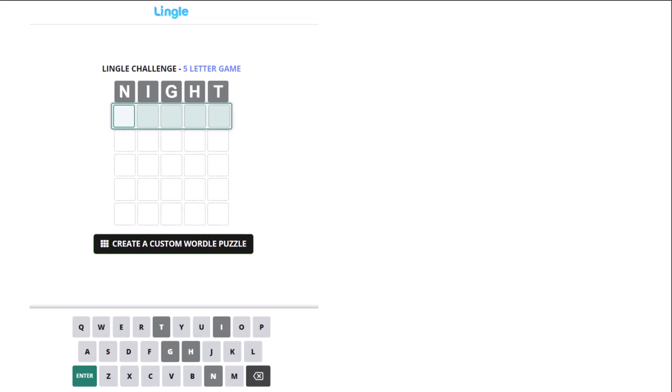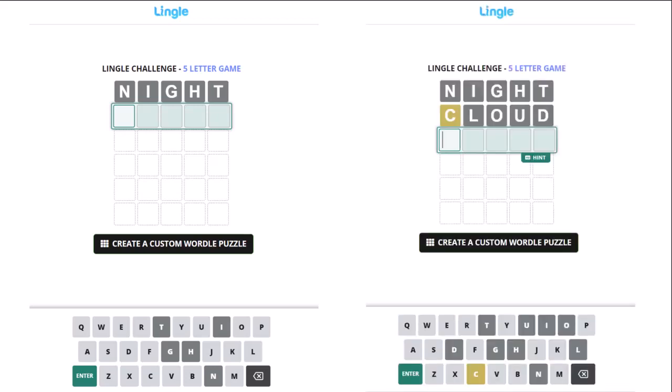So if you've never played Wordle before, the reason why all my letters are grayed out is because none of them are in the puzzle. If they were in the puzzle, then it would be yellow. And if it was in the correct place, it would show green, right? So I try another word. I try the word cloud. And I can see that C is a letter in the word, but nothing else worked out.